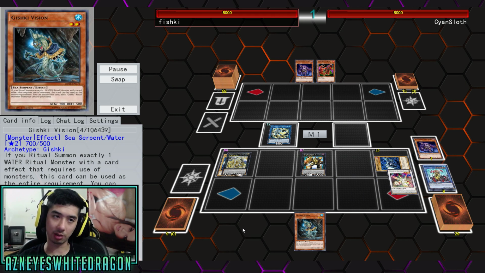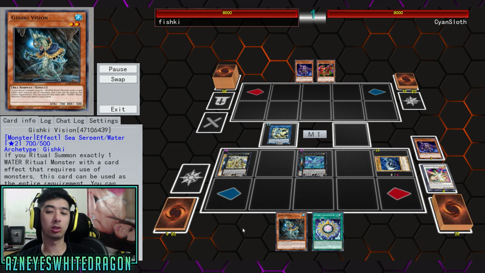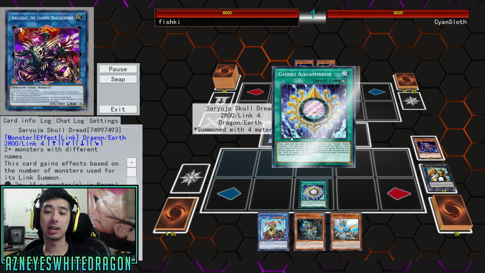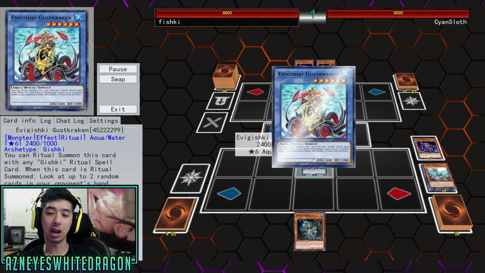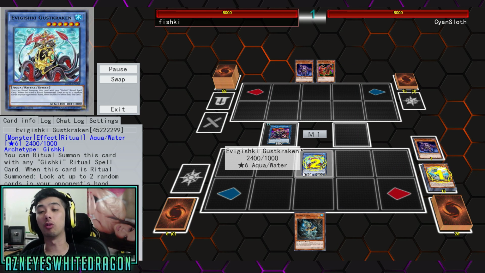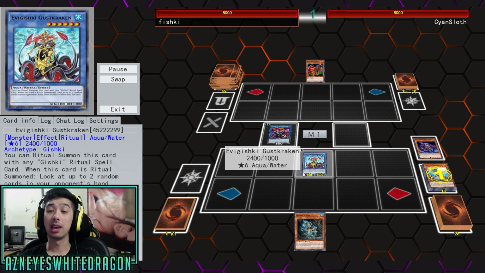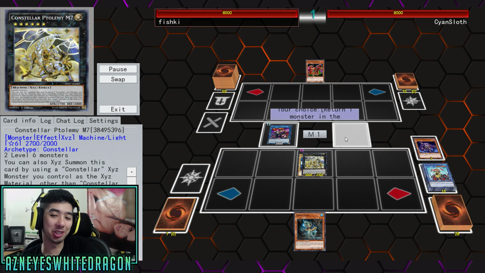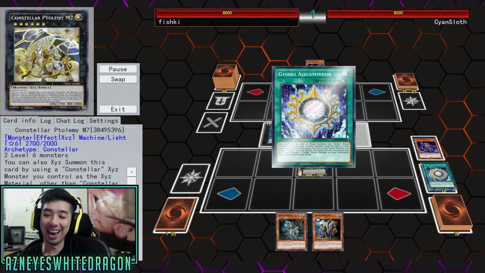If you really have to, you can normal summon Gishki Vision to get the level 2, to go into the Herald, to get your other sources, but we're going to go ahead and go into Sarayuja and just reset things over here. Again, just going for a Goose Kraken over and over is basically what you're going to be doing, and your opponent's going to eventually have no cards, which is pretty unbalanced, but that's just part of the way the Gishki